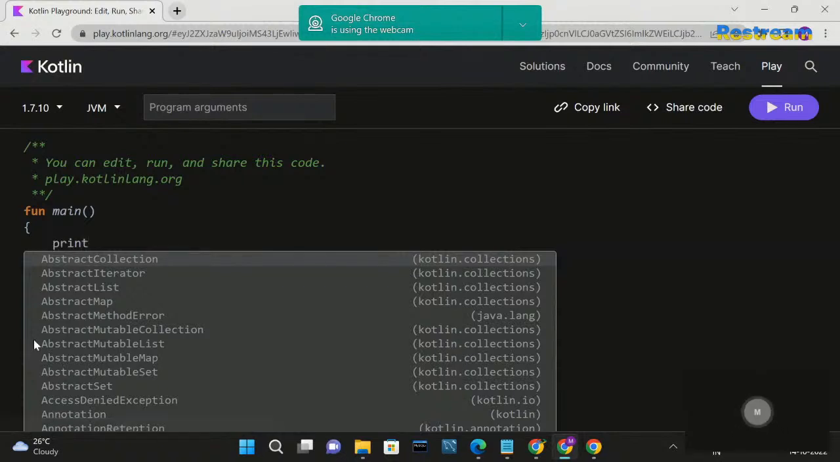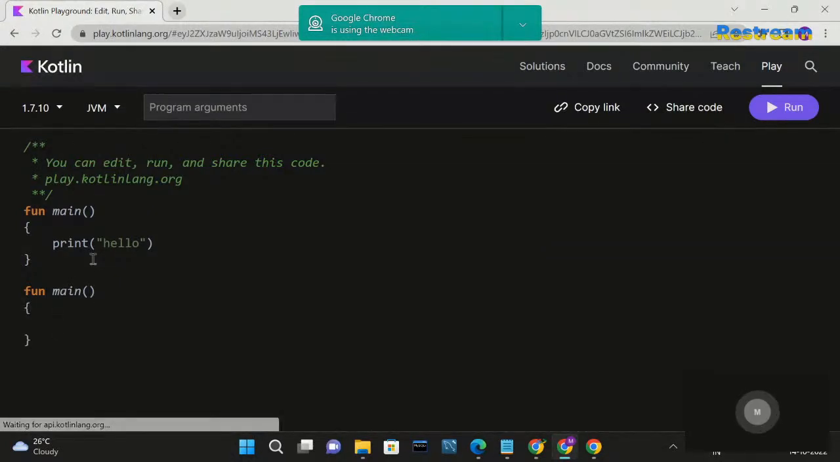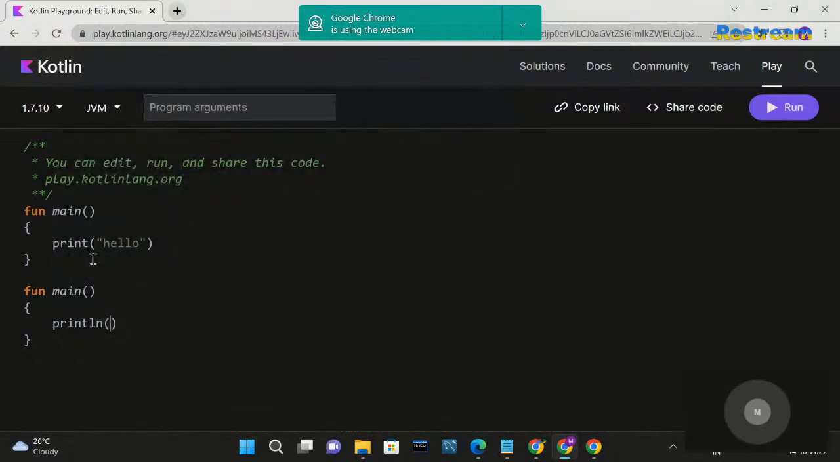So I'm going to give print, and I'm going to give something called hello. And I'll tell you later why we have to use double quotes and all that. So here we use something called print. So this is one kind, and the other kind is fun main followed by the curly braces. Here I'll use println, and I'm going to type the same